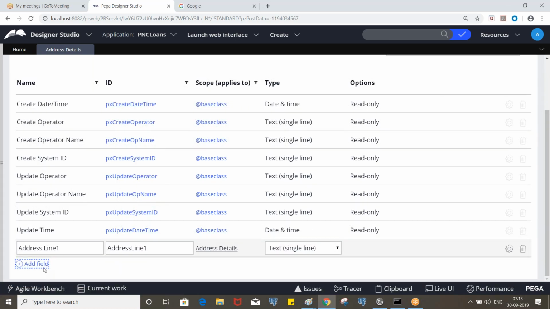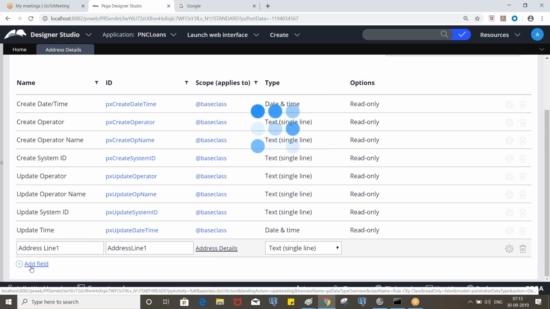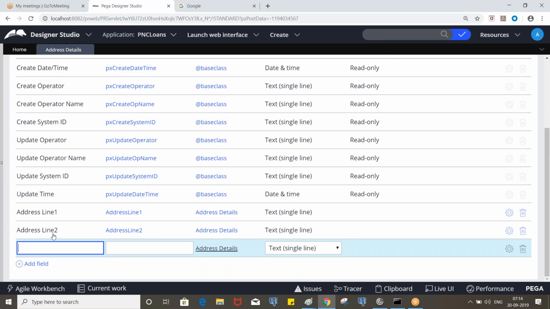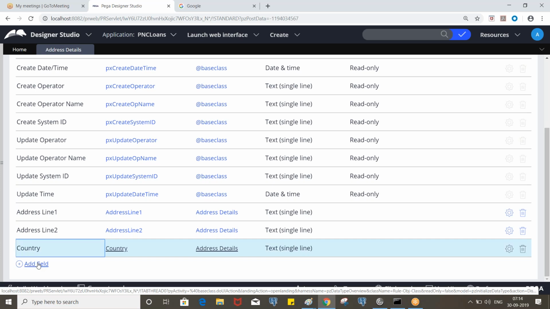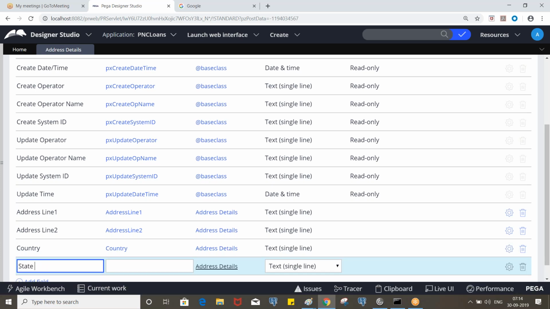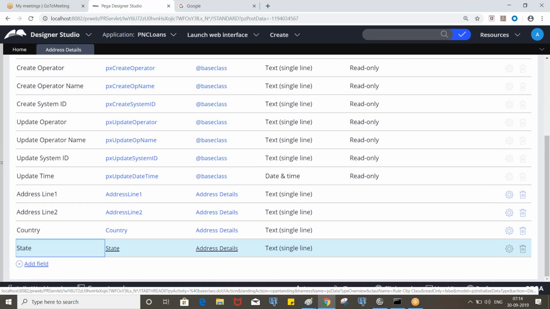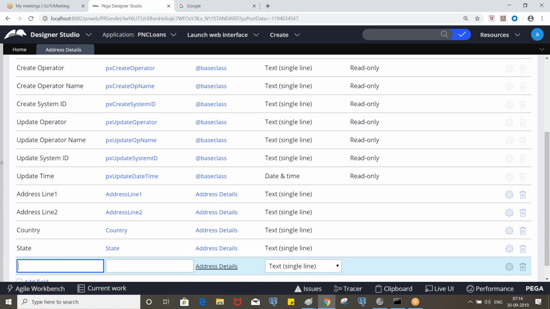Address line 1, address line 2, country, state, city. Let's say if you create country, state, city at the organization level, you can use those properties here again, instead of creating them.